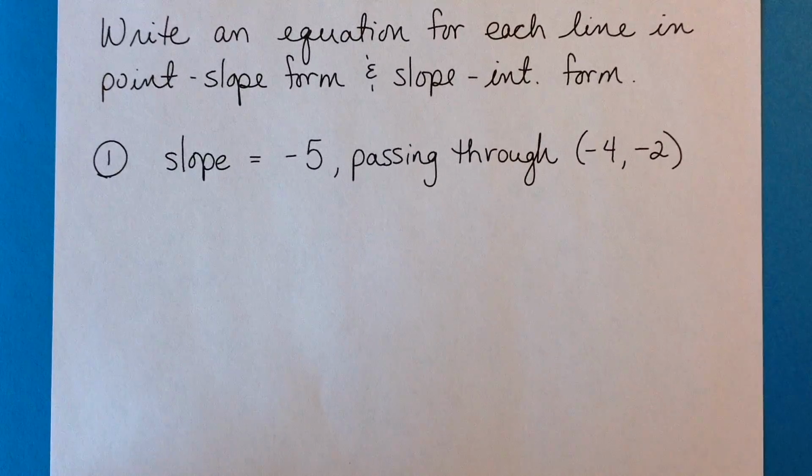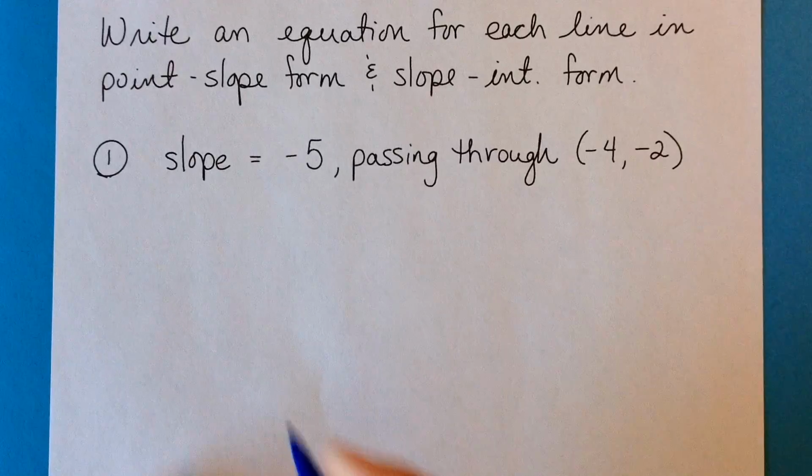Alright, so you're asked to write the equation for each line in point slope form and slope intercept form. What you're going to do is actually substitute your information into the point slope form, and then you're going to simplify it so that it ends up with your answer being in the slope intercept form. Alright, so starting with your point slope form,